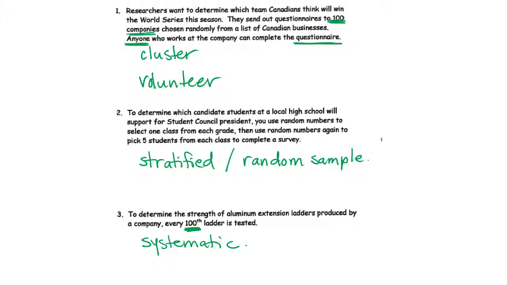To determine the strength of an aluminum extension ladder produced by a company, every 100th ladder is tested. So that's easy because you can see this one here. Okay, it's the one that was systematic. Systematic. And that one shows us